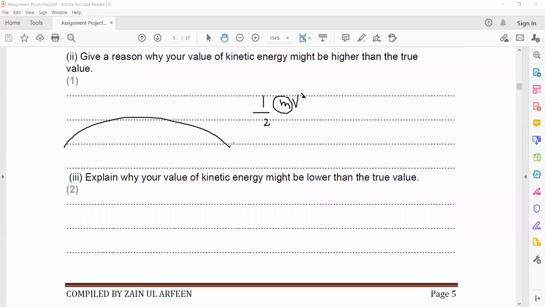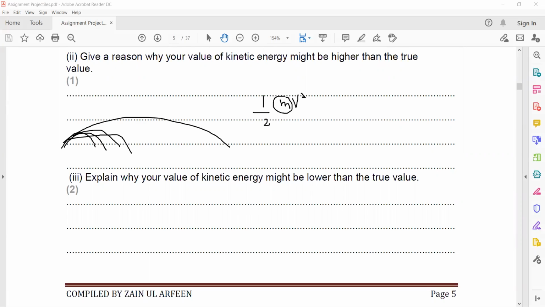But maybe what happened, not all of the mass or not all of the liquid transferred to that same distance. Some of the liquid fell closer to this bottle. So why will your answer be higher than the true value? What could be a reason? Some of the mass of the liquid remains or does not